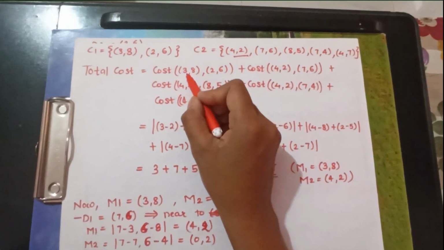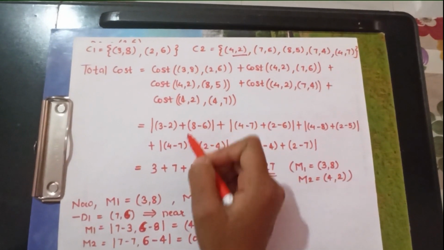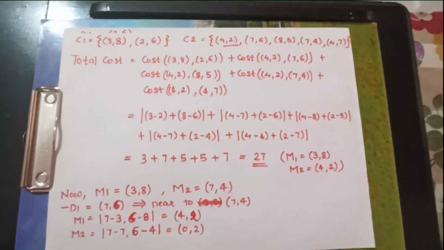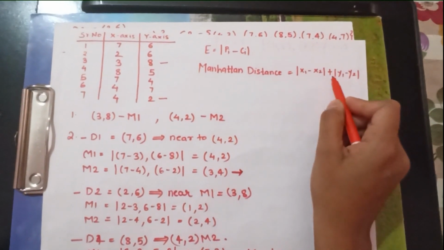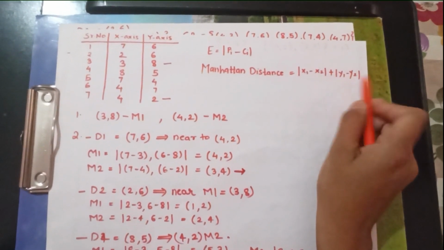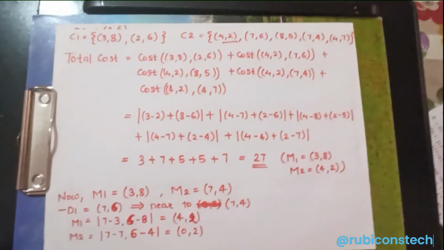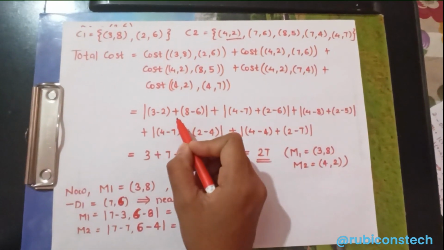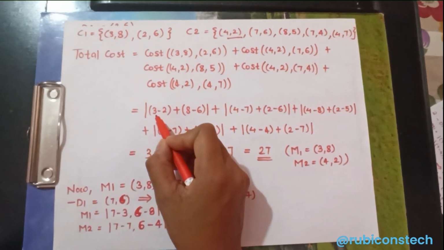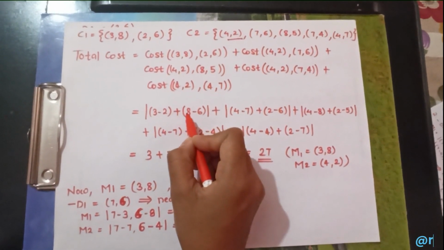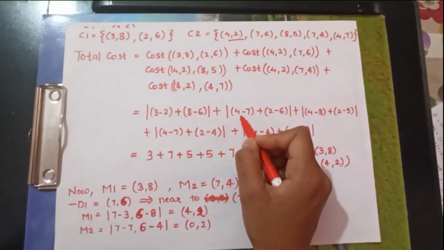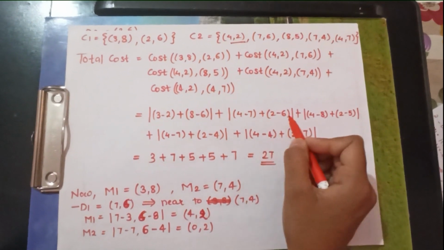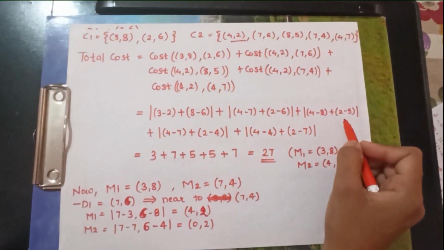So how will you calculate this cost? We are going to use the Manhattan distance formula for calculating this. As we have seen earlier, the formula for Manhattan distance is mod of x1 minus x2 plus mod of y1 minus y2. Since all these terms are within the mod, the answer will always be positive. So this will be mod of 3 minus 2 and 8 minus 6, added, plus mod of 4 minus 7 plus 2 minus 6. Similarly you will calculate all this